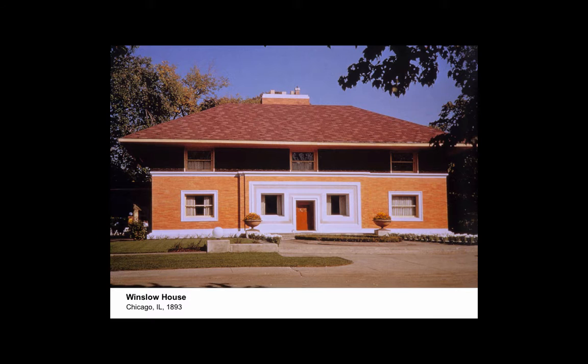And then it starts to look like Wright. This is the first house on his own after he left Sullivan, and it's got this horizontality. Trick is, this is a two-story house, but the second story is in shadow to make it look like a one-story house to emphasize its horizontality.